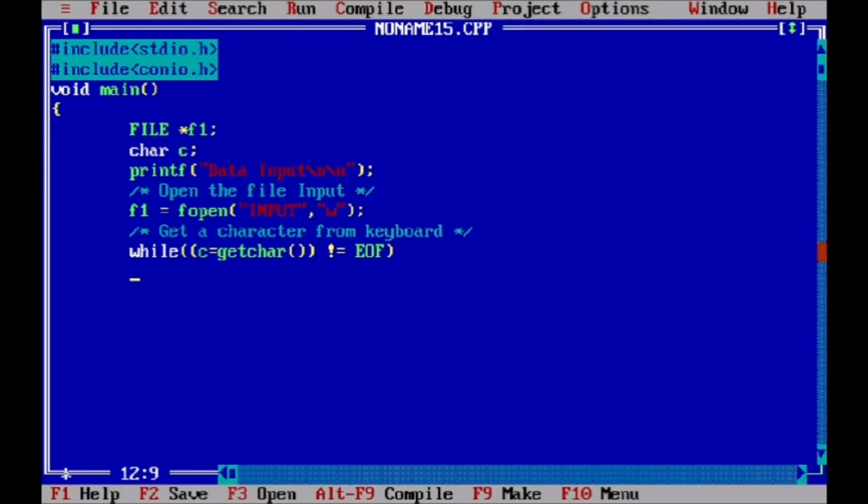Now we write a character to the input file.